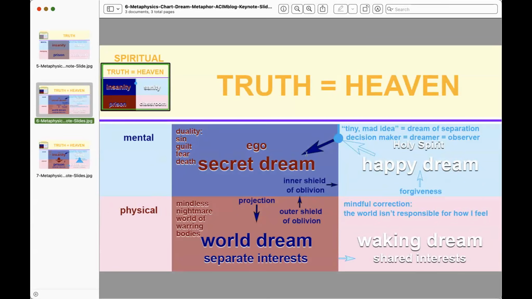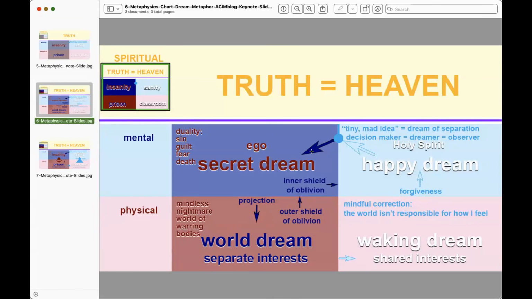That's once we decided that we wanted to be on our own and got that authority problem going, it was like that heavy blue arrow diagonal to the left says, okay, you're in the secret dream. And the secret dream that we never admit to ourselves, and the ego is terrified of us getting close to that, says, you are a sinful, guilty, fearful critter, home of evil, darkness, and sin, right? So how do you get out of there fast?